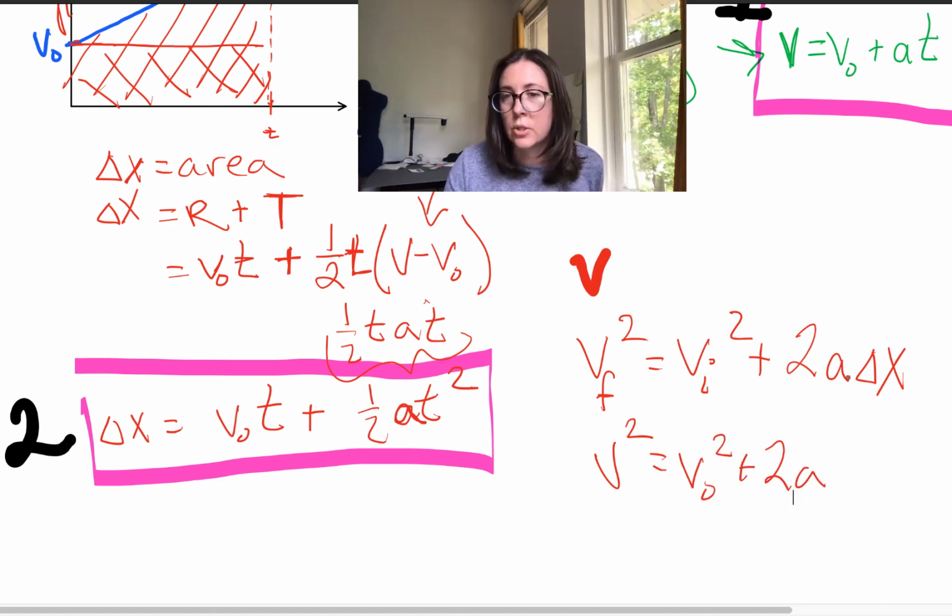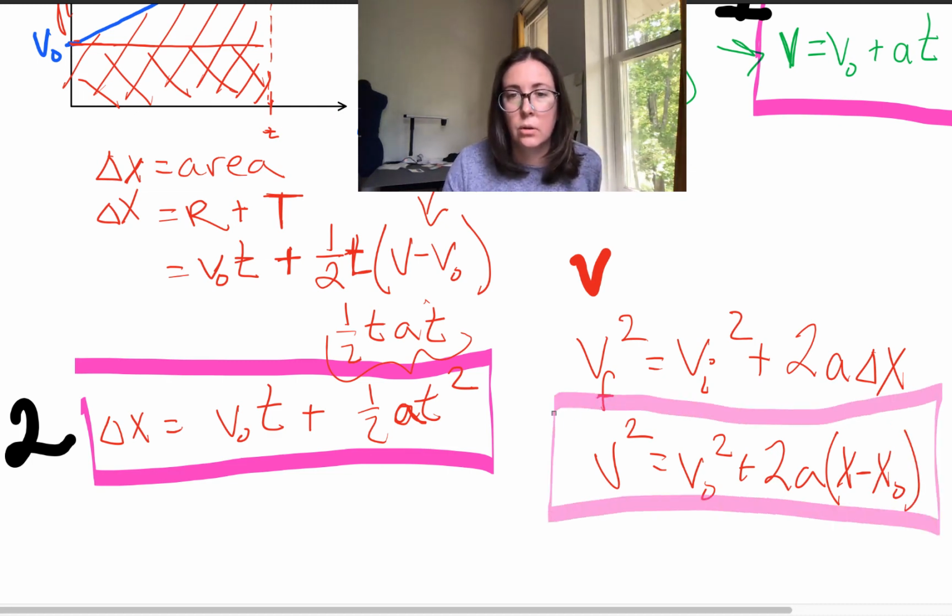And this delta x, you can write it as delta x, or if you don't like delta x, it's x minus x naught, the displacement or the change in position. This is our third